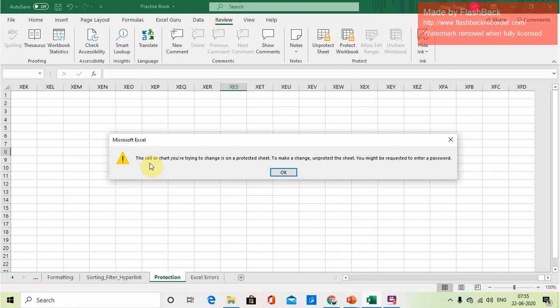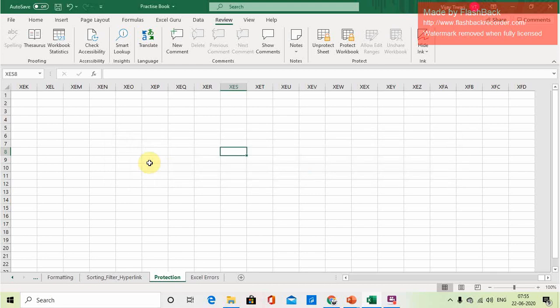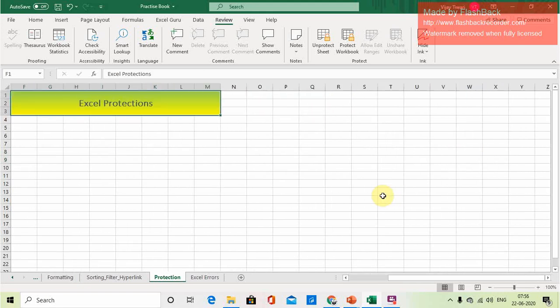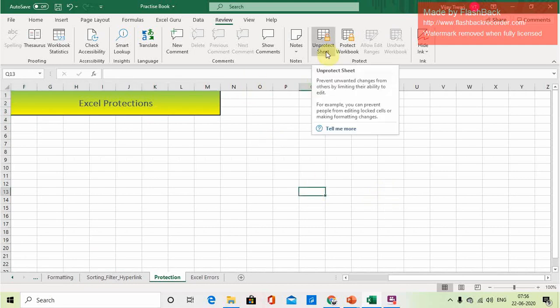To make a change, you should be requested to enter the password. It is applied on the entire sheet because the status of the entire sheet is locked, and when we applied the password, it applied on all the locked cells.